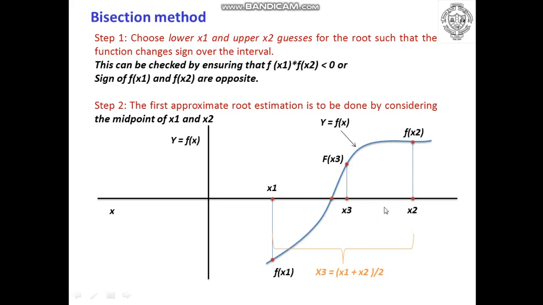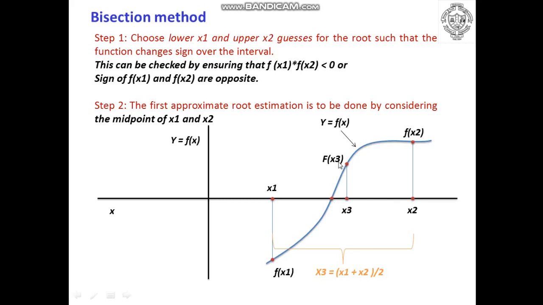Let us do one thing. Let us take the multiplication of f of x3 and f of x2. Is it less than 0? No. So the initial guesses for iteration 2, if you consider them as x3 and x2, will be wrong. If you observe the sign of both functions, it is positive. So choosing these two, you will never converge to this particular point. You will converge in between these 2 points, and there is no root in between these 2 points.